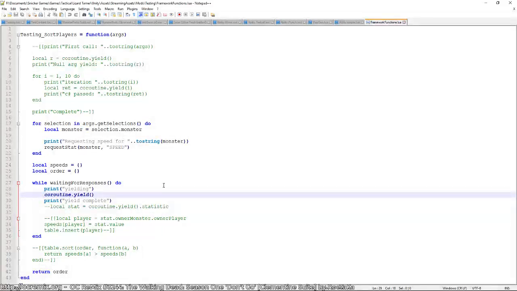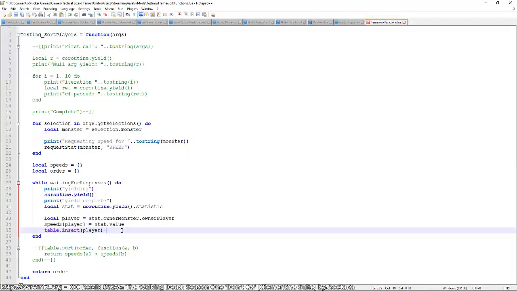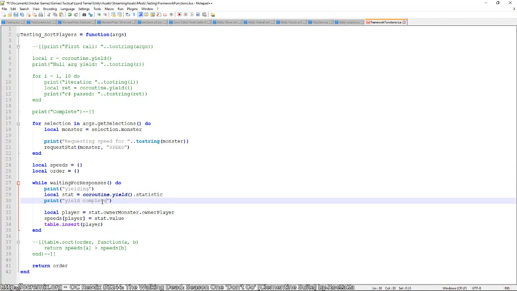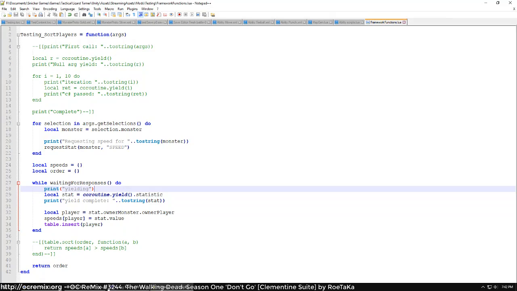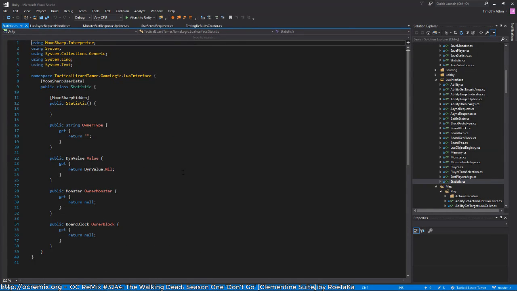Okay, so now we need to actually see. Right now Lua doesn't actually do anything with the return values, so we need to put the statistic object in here. I want to keep these prints in here. And we'll add the return value, or actually just a stat. The problem is we've created this class, the Lua interface, we have the statistic class already, but